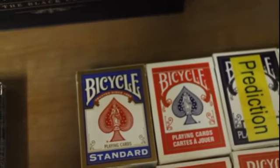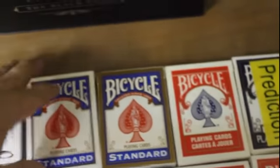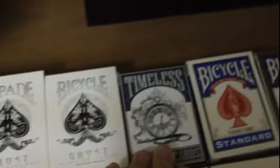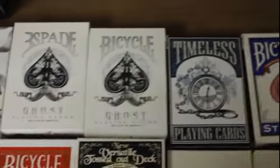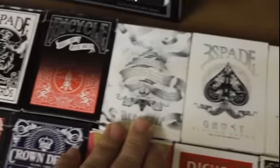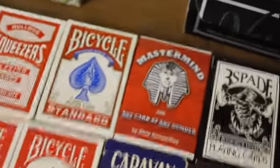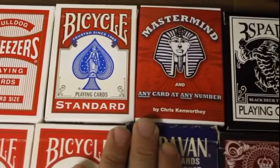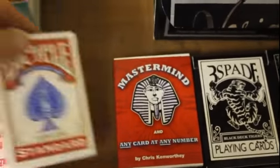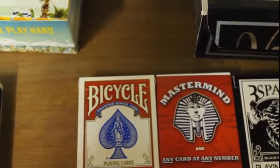This is Needle Through Deck. This is WB, I'm not sure what it is. This is a Timeless Gaff deck, or a gimmick deck. Ghost Rising card and Ghost Gaff. Arcane Gaff deck, Alter Gaff, the Black Tiger Gaff deck, a Mastermind deck, any card at any number. Ooh. And then we got this one, which is a Svengali. This one, which is a...